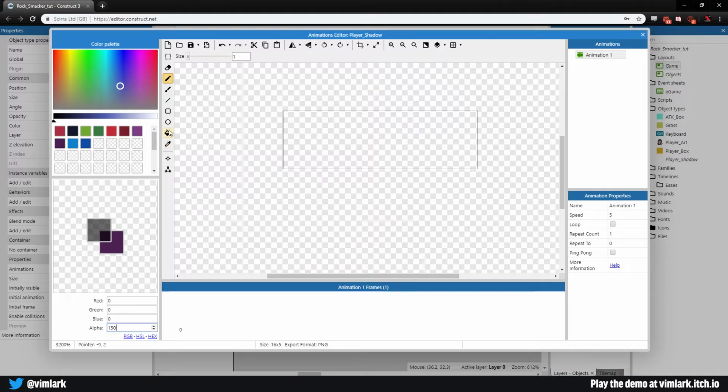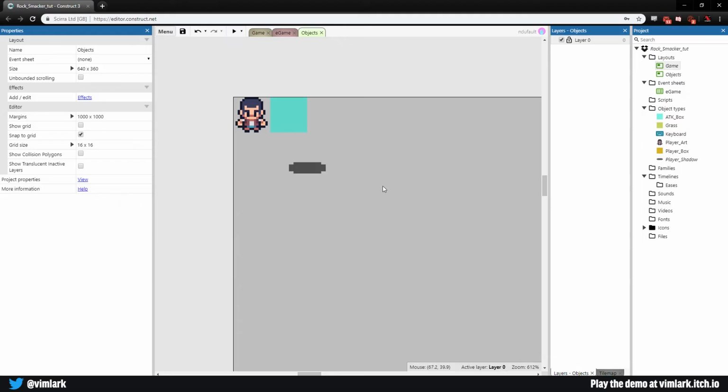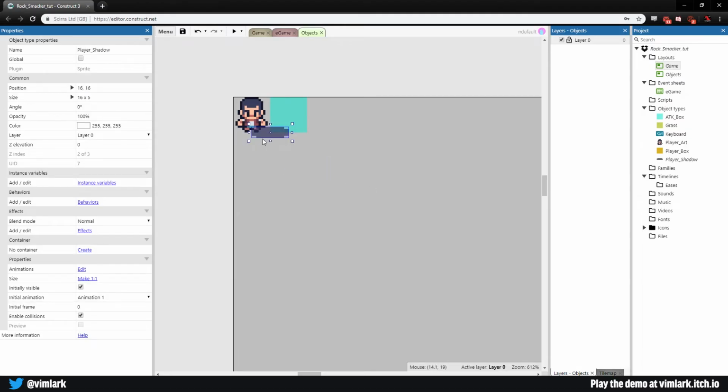So honestly, the easiest way I found to do this is select the paint bucket tool, paint the whole thing in, then we'll select the erase tool. Make sure your size is set to 1, your hardness is set to 1, and we're just going to come up and take out 2 pixels of all the corners. Now we have our player's shadow. Pretty simple. We can close this, and now we can see this will sit under him, but